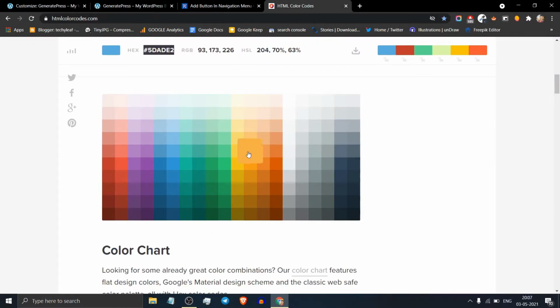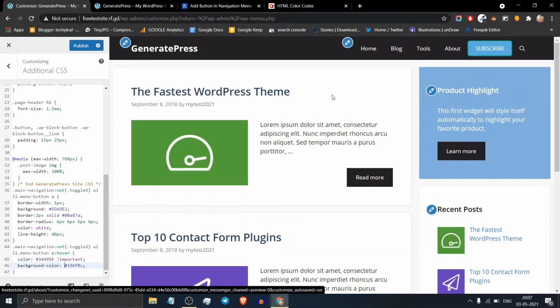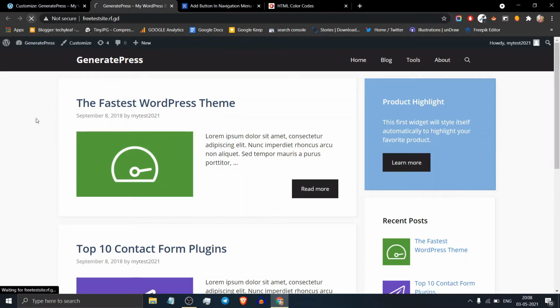Just go to the HTML color code website and you can change the hover color. You can change it here. So let me change it. Now test the hover color change. Now click on the publish button. Now go to the website and click on refresh, and as you can see, the subscribe button is added to